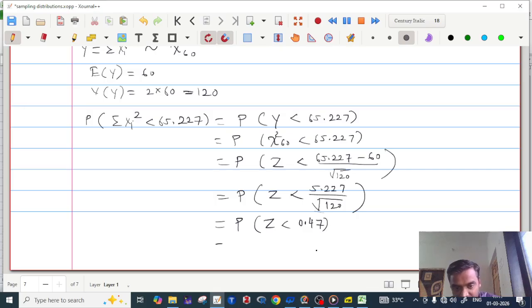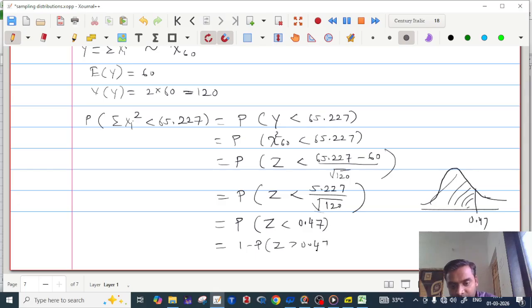This probability is very simple. Z less than 0.47 for the standard normal distribution is somewhere here. It is nothing but 1 minus the probability of Z greater than 0.47, because for the standard normal distribution also, probabilities are available